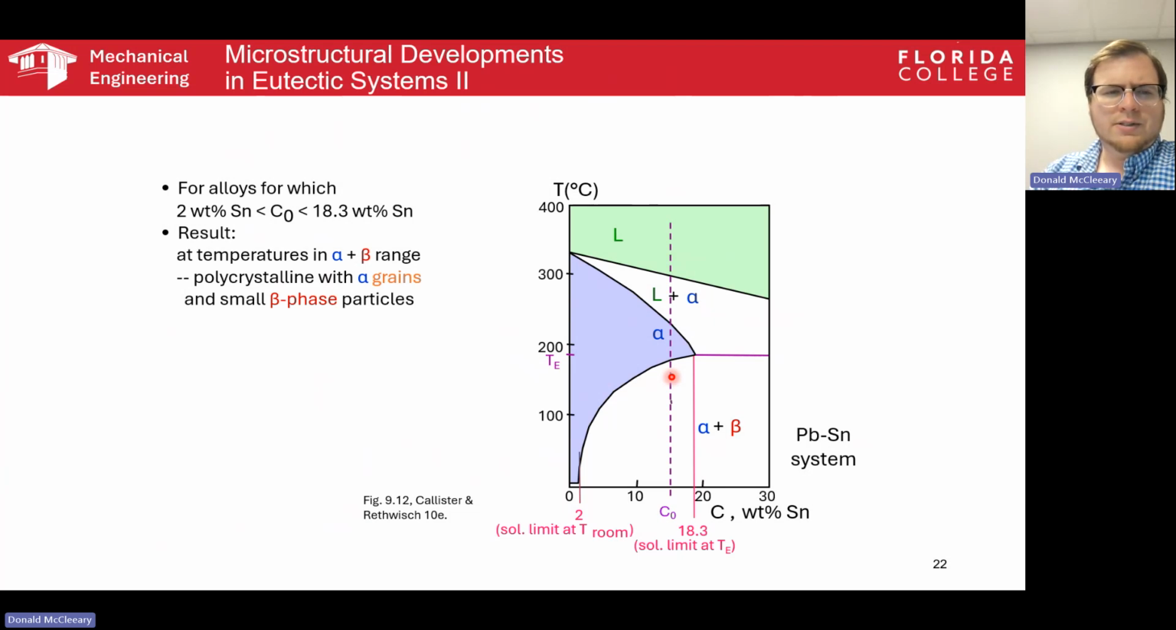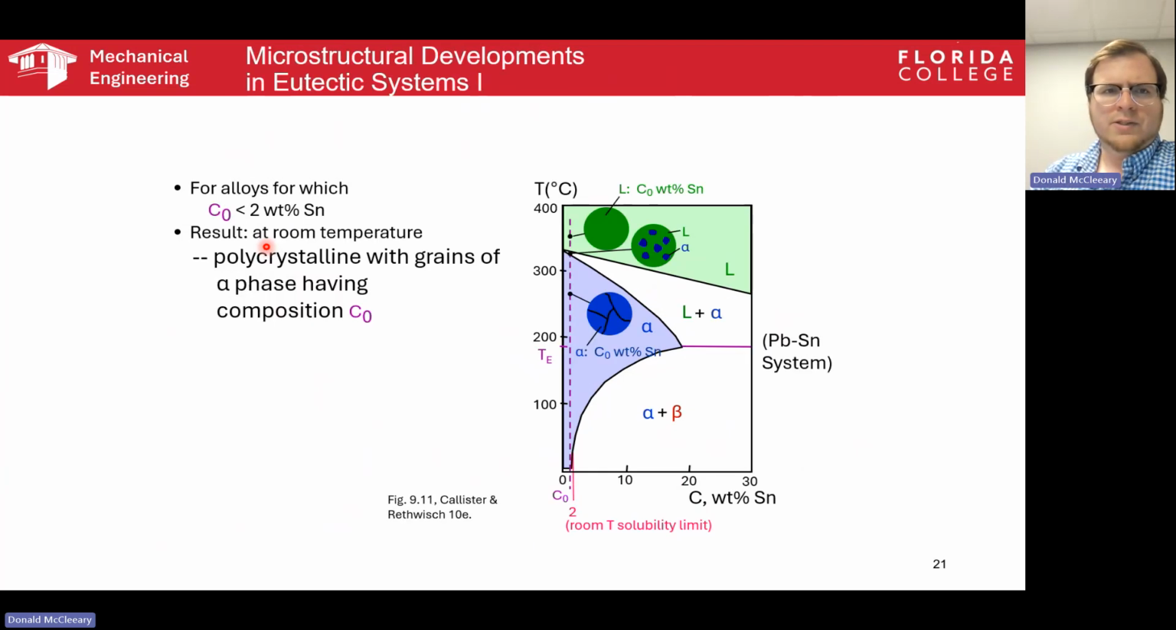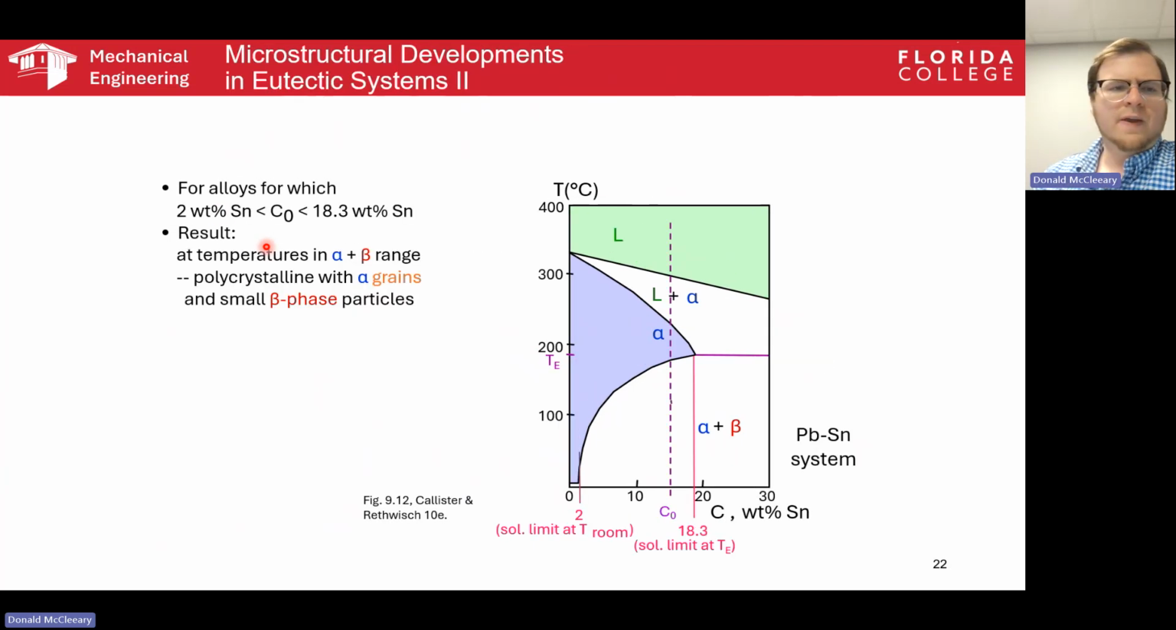And the result is temperatures in... hold on a minute. That's okay. So this will be the second part. So for alloys for which 2 weight percent selenium is less, okay, so between 2 and 18.3 weight percent, we're going to have temperatures in the alpha beta range. At these temperatures, we're going to have polycrystalline with alpha grains and small beta phase particles. Okay, so these are both going to be present, but the beta phase particles are going to be present inside